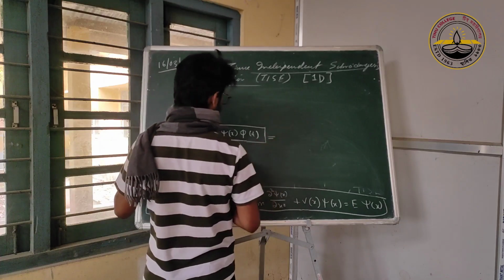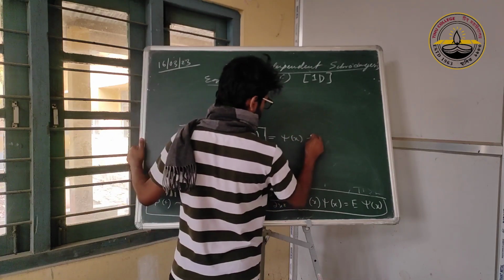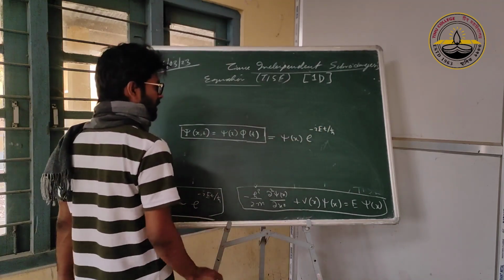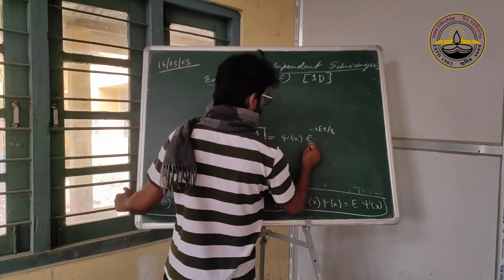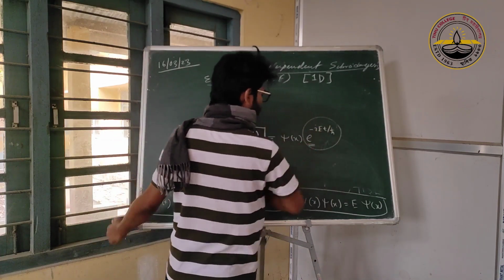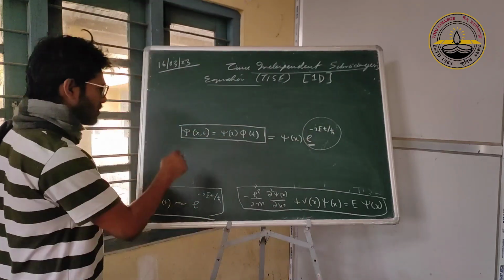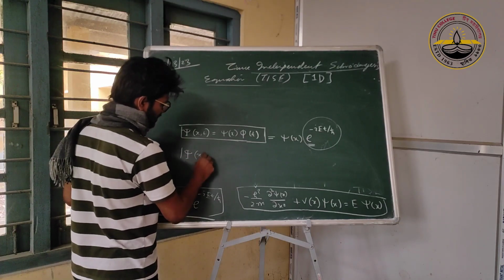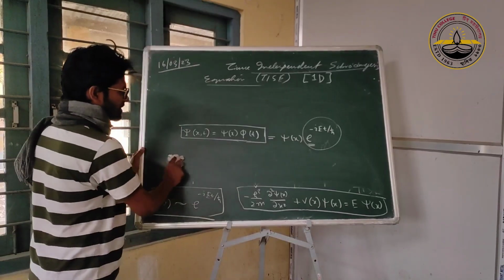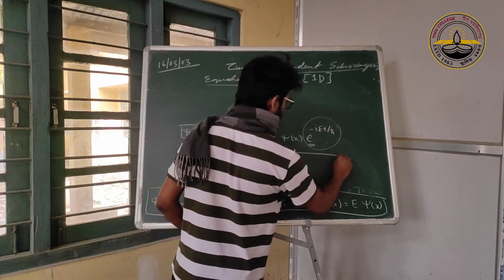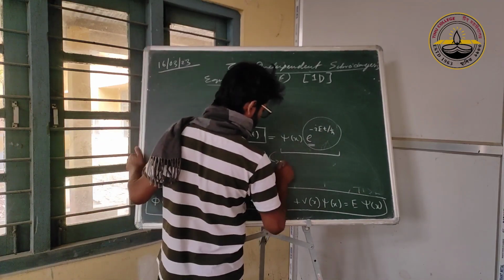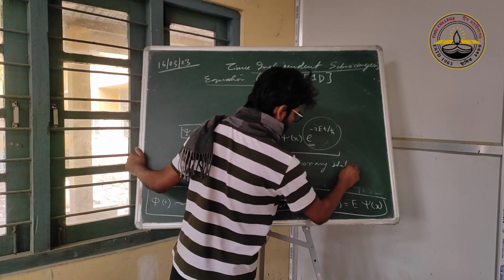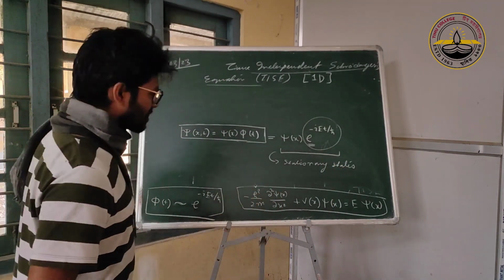So basically it takes the form psi x e to the power minus i E t by h cross. The t part is E dependent in a very special way. Now one important thing is mod psi x t squared. So let's discuss some properties of this particular form. These are called stationary states for a reason.